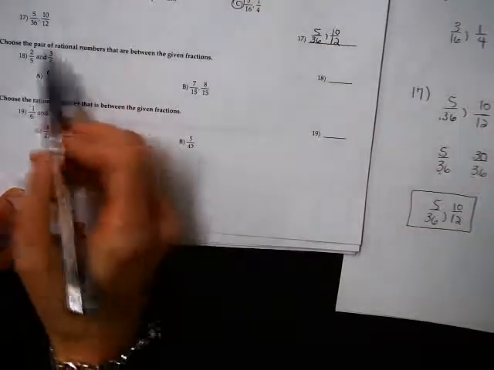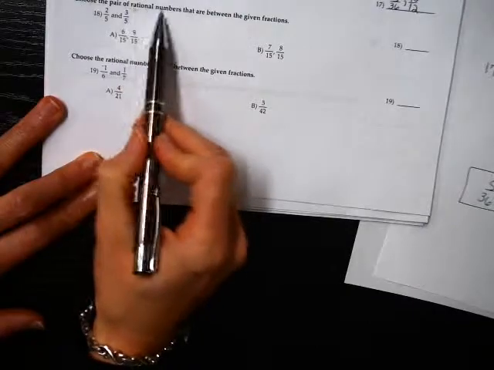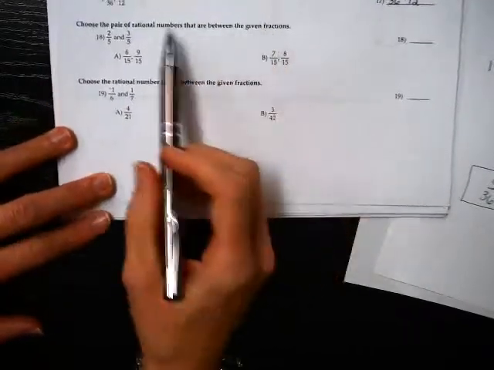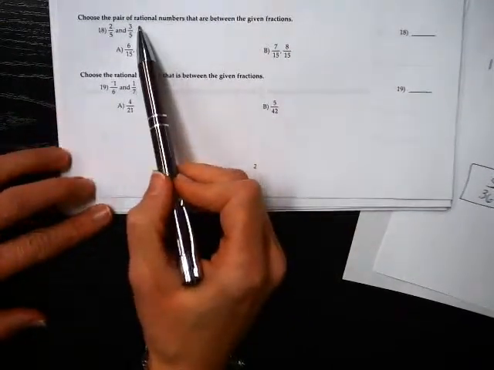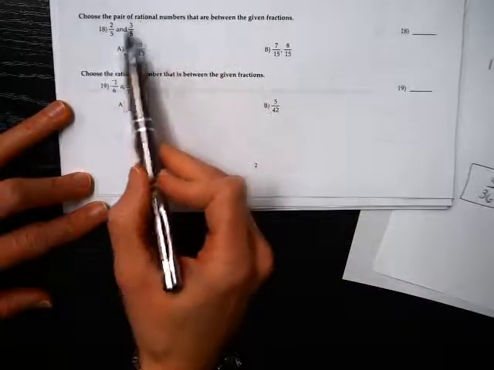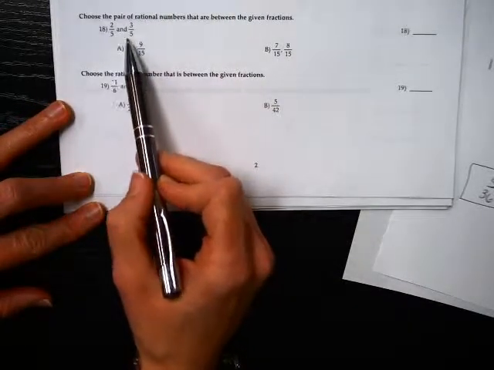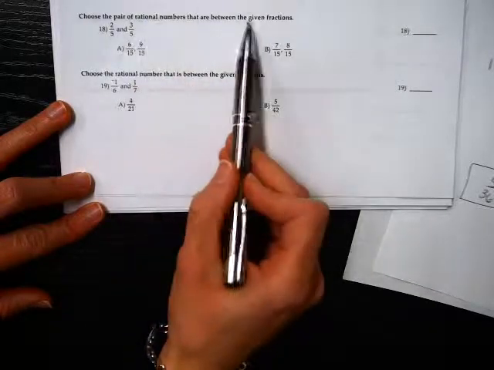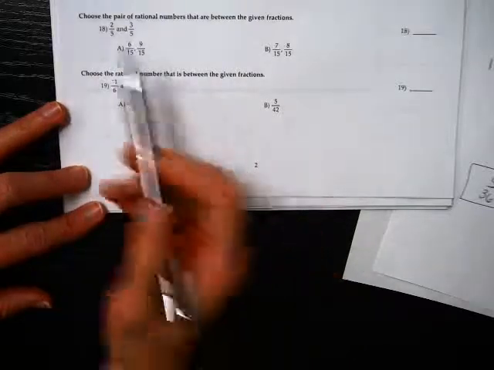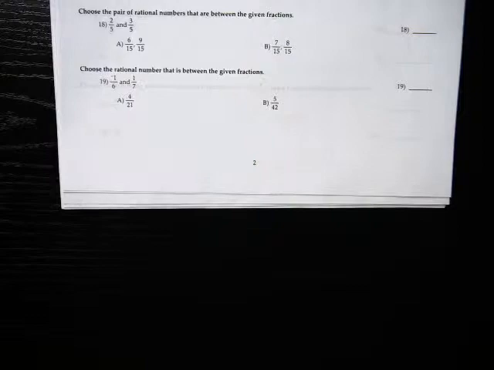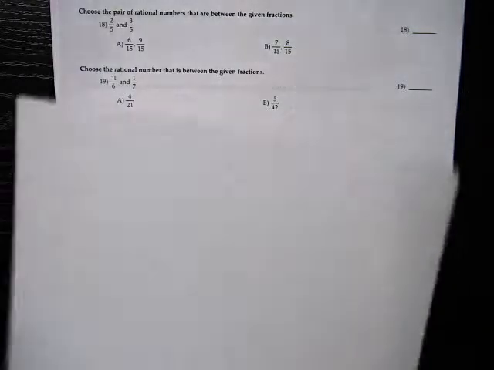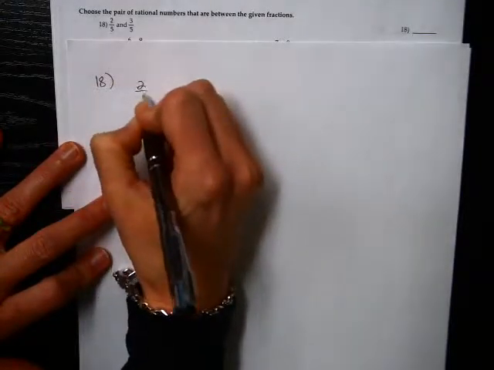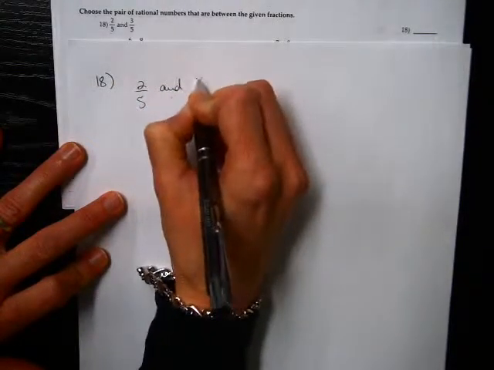Okay. On this, it says choose the pair of rational numbers that are between the given fractions. And there's a theorem in your textbook in chapter 6 that says that there is infinitely many rational numbers in between any two given rational numbers, or basically any two given fractions. And so on 18 we're just asked to find one, and it's a multiple choice question. So since they've already given us choices for our answer,